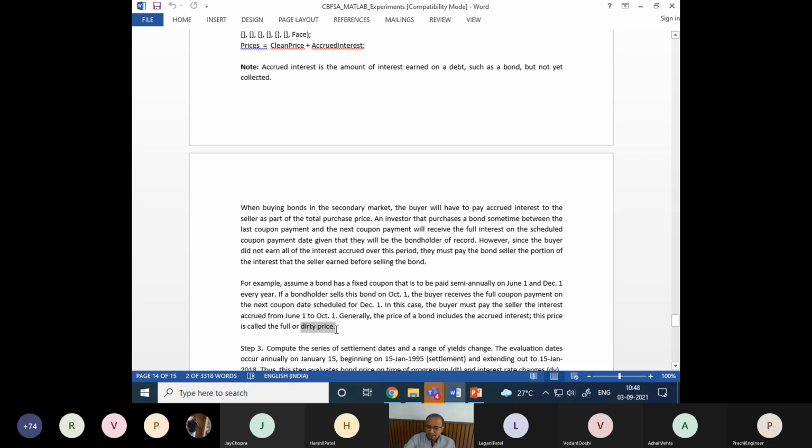So in the market, the bond price is not the clean price, it is the dirty price. So it includes the accrued interest. So it is the actual bond price, depending on its coupon rate and the face value, and whatever accrued interest based on its coupon rate, or based on the period at which the bond is bought or sold. So that is called the dirty price.